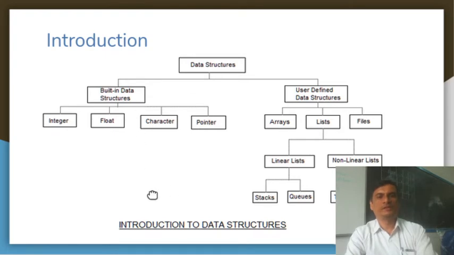Basically, if you consider an integer, it stores the data in terms of 8-bit data, or if you consider a float, it stores the data in the form of, say, 16-bit or 24-bit data, etc. It depends on the machine and the language that you make use of. And how a stack or a queue is going to organize to store and retrieve the data, that we will be studying in detail in the coming classes.